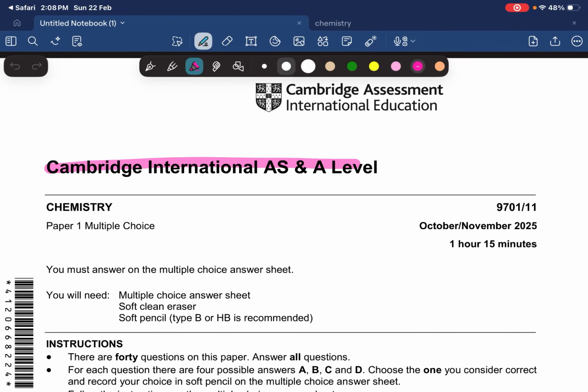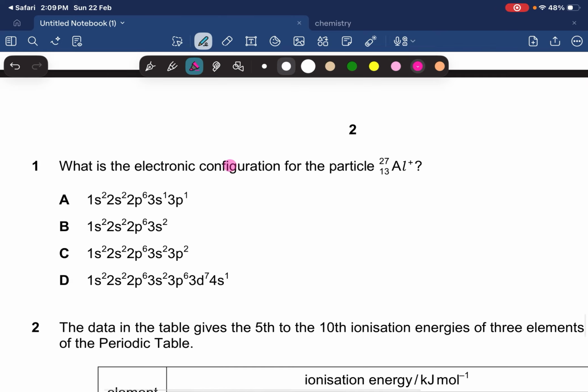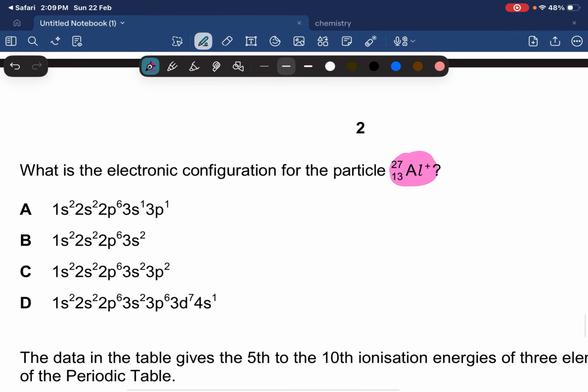We're going to be solving Cambridge International AS and A-Level Chemistry, Paper 1, Multiple Choice, October-November 2025, Paper 11. What is the electronic configuration of a particle of aluminum-27, atomic number 13, and aluminum plus? So first of all, we're going to identify the electronic configuration of aluminum-13,